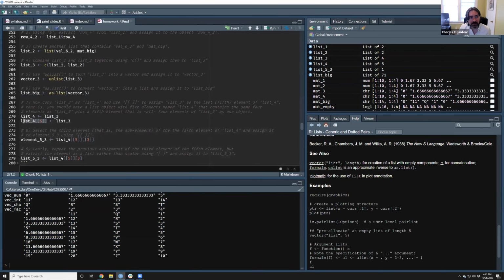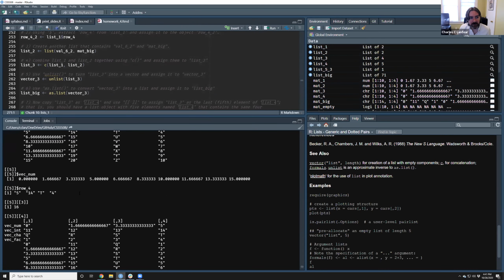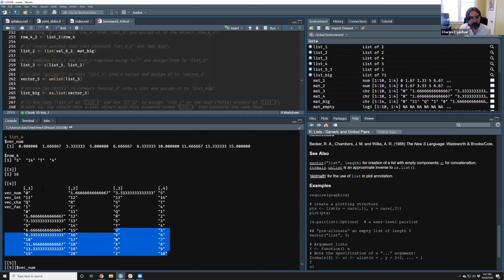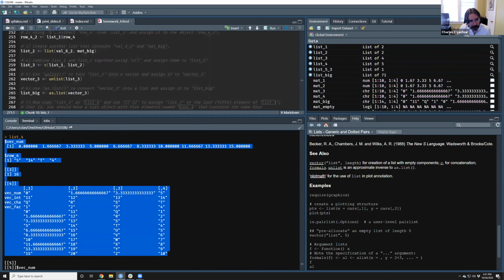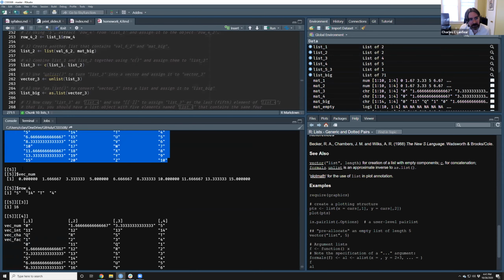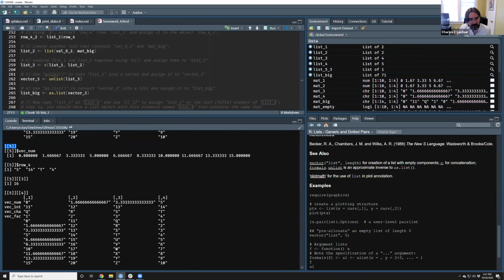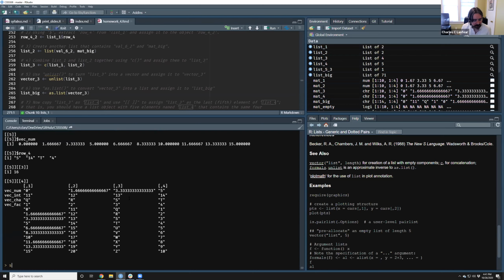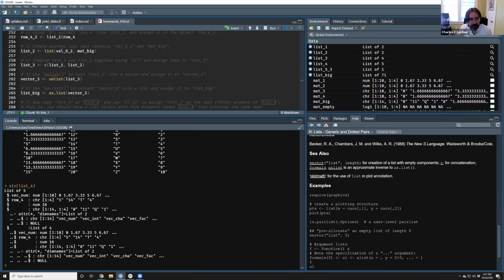If I do that, we get this big, ugly list that is the first 4 elements, and then all 4 of these elements stuck into one 5th element down here. The structure is easier to see using the structure command, which shows that there's 5 elements here. This last element itself is a list containing 4 elements, which are the same as these 4 elements up here.